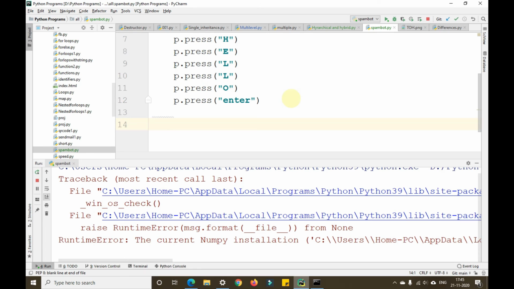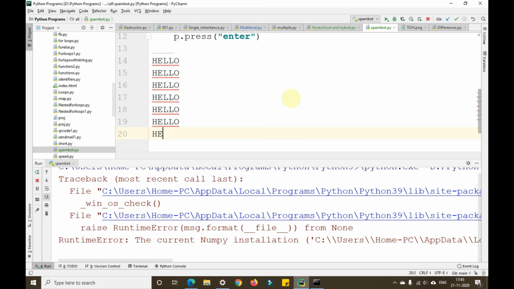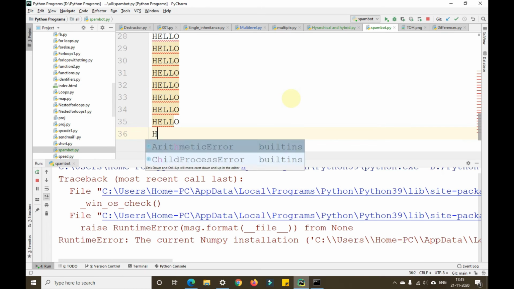There's no option. As you can see, it is going on writing hello, hello, hello multiple times there. Okay, guys. So this is how you can spam on any website or anything.